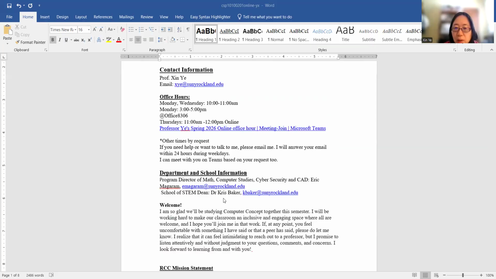In this semester, we're gonna learn computer concepts. Basically, we're gonna learn how to use Microsoft Office. This is a super important class. Even though it's quite easy, it will definitely benefit you for your future study. You will know how to write essays, how to prepare PowerPoint, how to do Excel sheets.